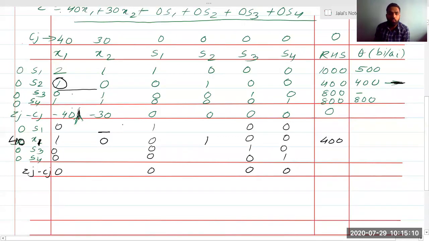Upper table: 1 into 1 minus 2 into 0. 1 into 1 is 1, minus 2 into 0 is 0. So 1 minus 0 is 1. 1 divided by 1 will be 1, right? To find this value, where will we go? Yeah, 1 into 1 minus 0 divided by 1, again it will be 1.